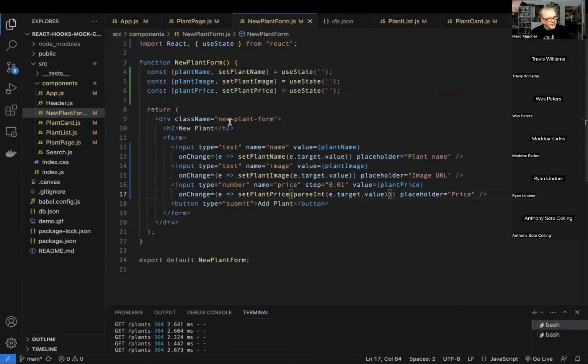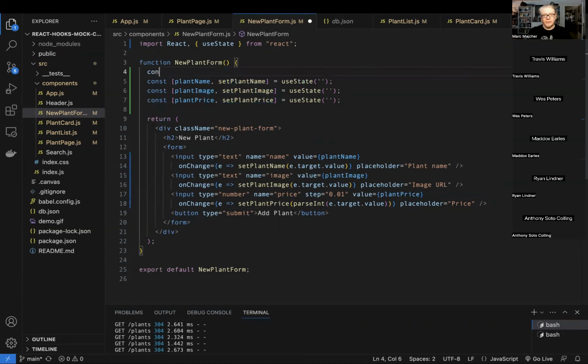So if we imagine that this was not a simple plant shop, but a more full featured plant shop, maybe it has amount of inventory, or whether it's on sale or not, or more information about the species, or whether it needs shade or partial shade or full sun, what seasoning to provide it, and so on. If we had more data in our plant objects, this would get a little bit unwieldy. So another option here would be to, and let me know if anyone did it this way,